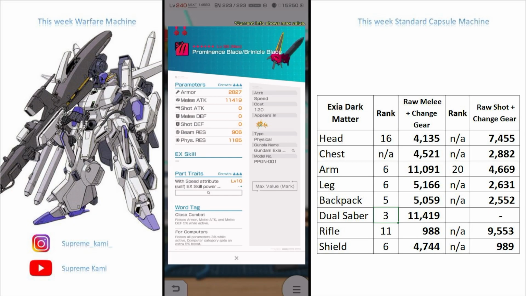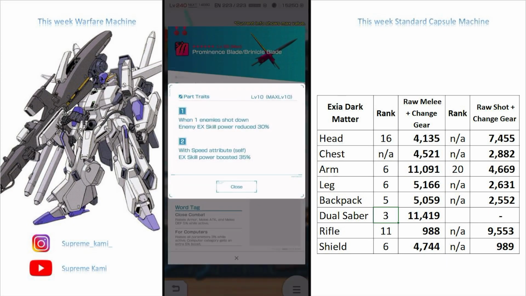So best case scenario, you want to sub in probably a 1-to-1 scale dual saber. I believe the Exia does have a twin saber or dual saber. If that's the case, if that one has a pro tag, I think that would be a pretty good merging over there. In terms of the portrait over here, you do have when one enemy is shot down, E